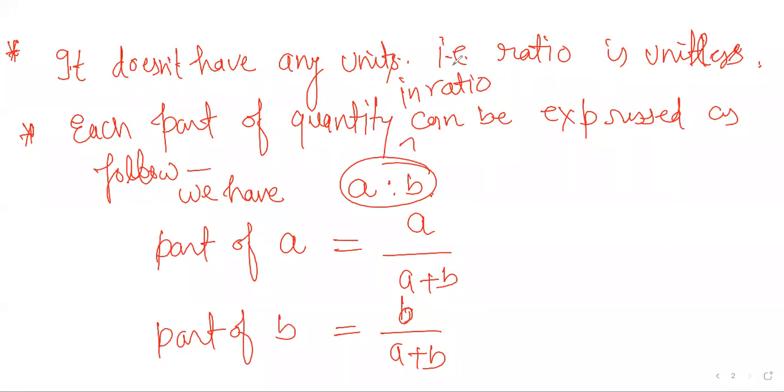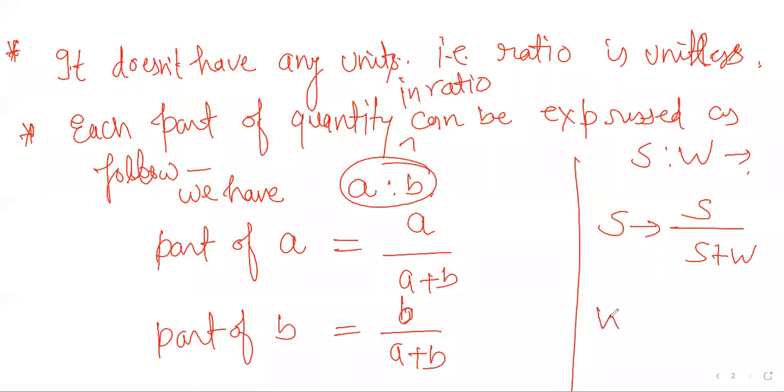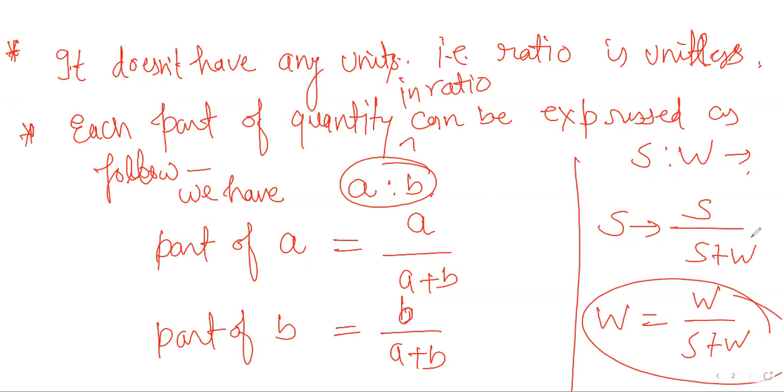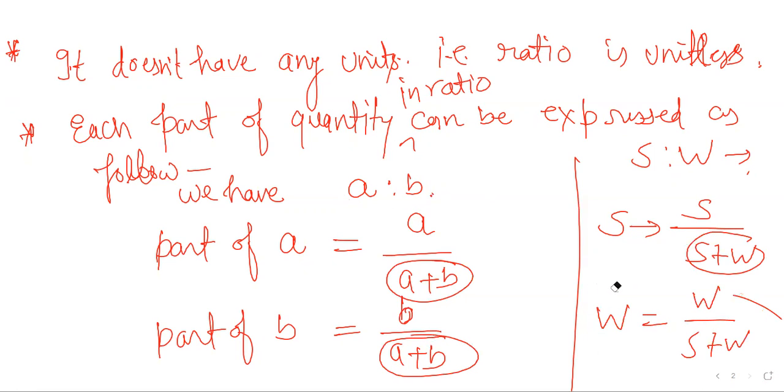ठीक है, means in this ratio, suppose sugar and water will be there. So what was the amount of sugar in fraction, means sugar कितना पार्ट होगा इसमें, इस sugar solution में, और water कितना होगा. So sugar part is given as sugar upon sugar plus water, and water part is given as water upon sugar plus water. क्योंकि हम लोग कंपैरिजन किससे करेंगे, टोटल से. This is your total, right?